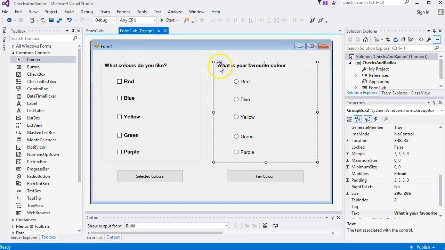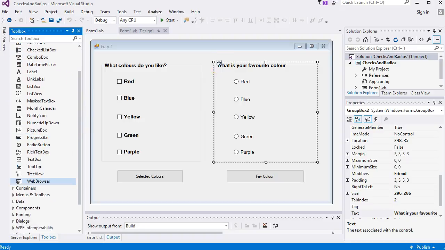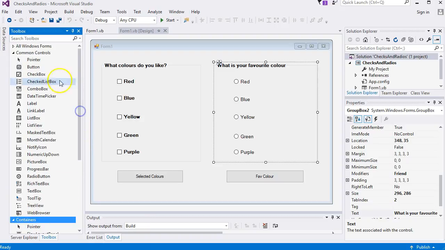So as you can see, I've added another group box, which is in the containers down here. So add another group box. And this time, instead of dragging the checkbox onto your group box, if you drag one of these, a radio button, you can draw them out onto the form. And then once you've got 5,